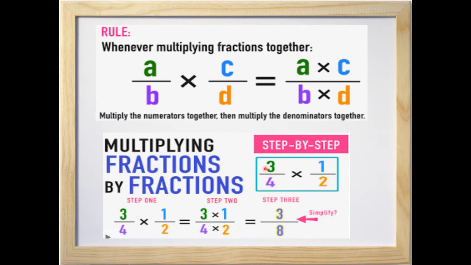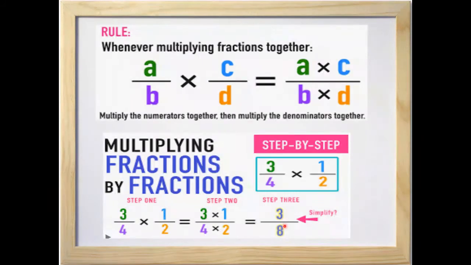Let us take an example to see this. So here we have two fractions, that is 3 by 4 and 1 by 2. So when we multiply 3 by 4 and 1 by 2, this is our first step. In the second step, we have to multiply the numerators. So it is 3 into. And what are the denominators here? 4 and 2. So we have to multiply the denominators 4 into. And now the third step. So multiply 3 into 1 is equal to 3, 4 into 2 is equal to 8. So the product is given by 3 by 8.